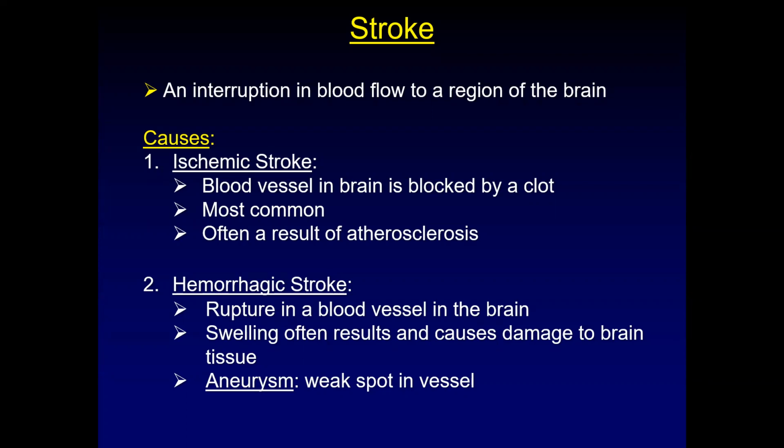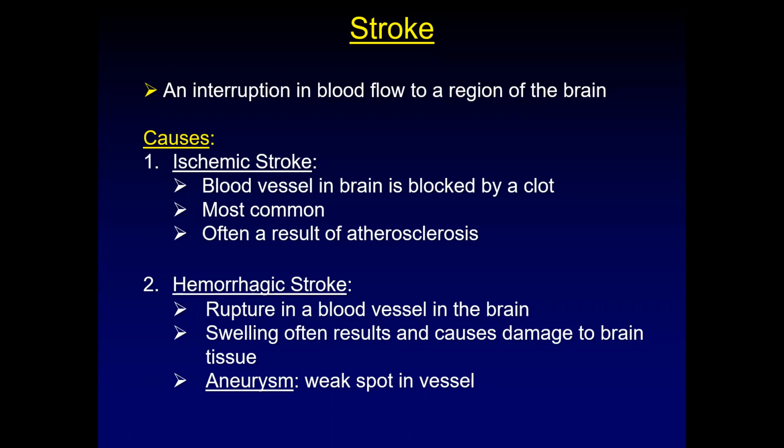A hemorrhagic stroke, functionally, we end up in the same place. You're going to get a lack of blood flow to the brain. But in a hemorrhagic stroke, what happens is a cerebral blood vessel ruptures. It tends to rupture at a place called an aneurysm. Okay? Aneurysms are weak spots in blood vessels. If you watch a lot of medical shows on TV, they say, oh, the person had an aneurysm. What they mean is they had a stroke, but it occurred at an aneurysm. Okay? So I just want you guys to keep all of that in mind.